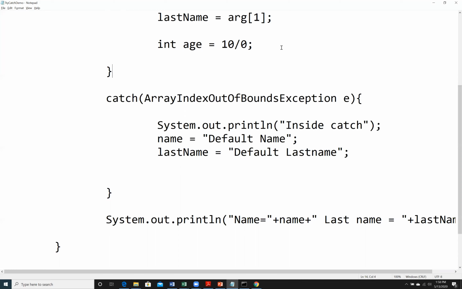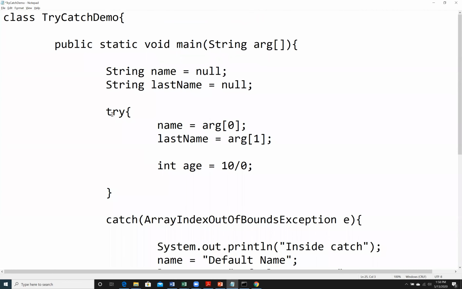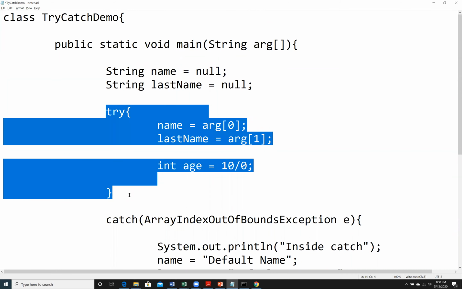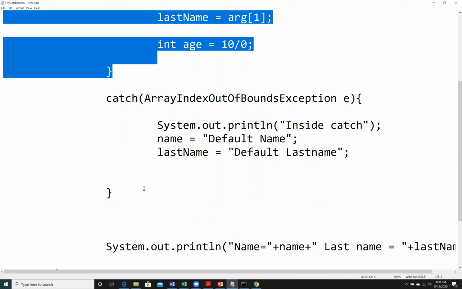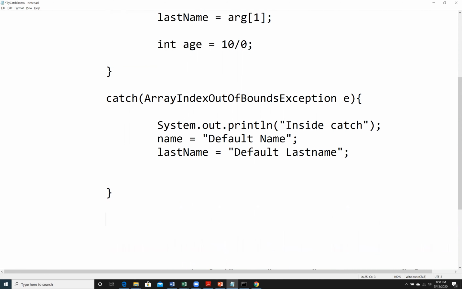Otherwise, the catch block which you provide will not be executed and the default catch will come into action. Now, in order to deal with a situation in which you foresee that more than one type of exception can be thrown inside the try block, you need to provide multiple catch blocks. Here, I have provided one catch block, which is for array index out of bounds exception,